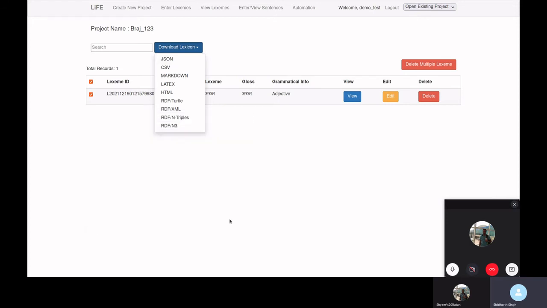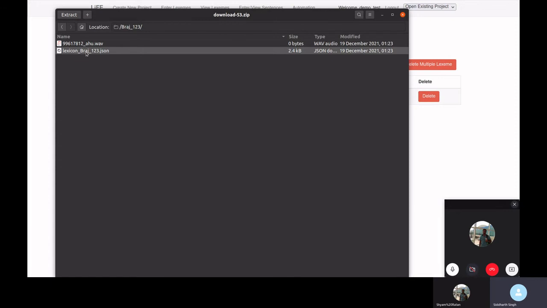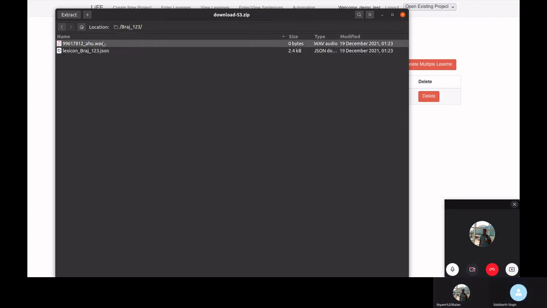You have to click OK if you want to save or open. A folder will be created with the project name, and inside that the details related to the lexeme will be in the lexeme project name .json, and the files which you have uploaded for the lexeme will be in the same folder.